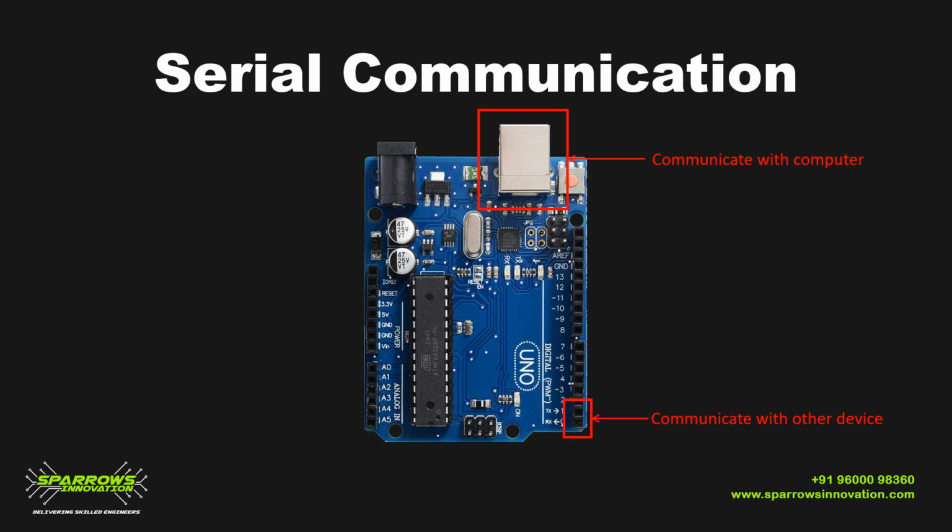Important thing in Arduino is the same 0 and 1 is connected to the USB port, so you can't upload the program when you have any devices connected to this pin 0 and 1. So before uploading any program, you have to disconnect any devices which are connected to this pin number 0 or 1, or at least you have to switch off those devices. Then only you can upload any program to this Arduino.